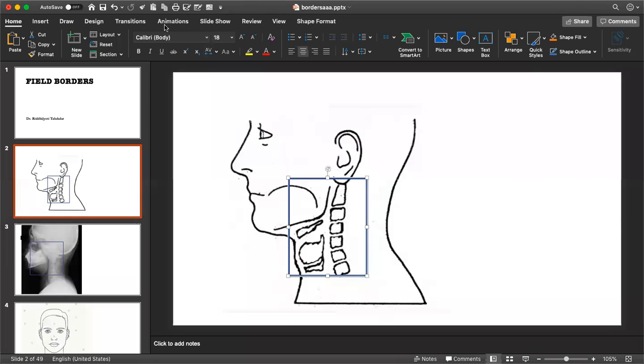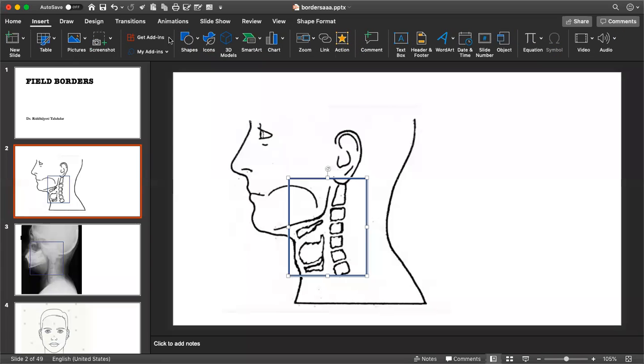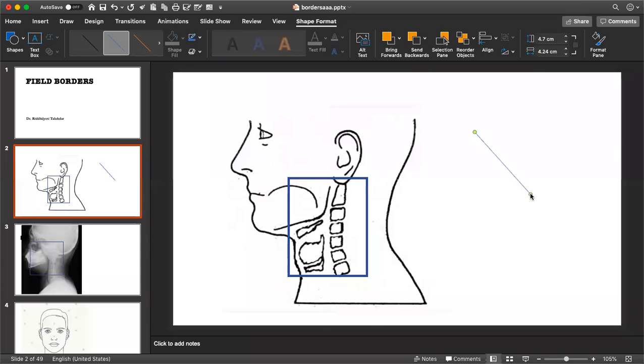Inferiorly is just below the clavicle. This is to cover the neck nodes adequately. Anteriorly, in the skin marking, you take the border at the angle of the mouth, or you palpate the lesion or the lymph nodes and give adequate margin. Posteriorly, it's at the tip of the mastoid process, which corresponds to the tip of the spinous process of C1. So this is what your surface marking would be. Most of the time you get a base of tongue case, so the examiner might ask you for the skin markings.